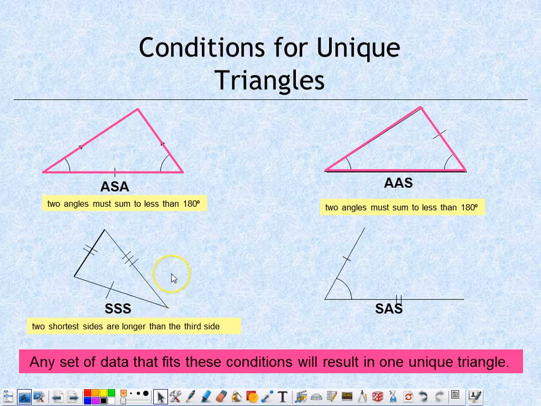Now it is a theorem, or a fact, that the two shortest sides, if you add them together, have to be longer than the third side. So these two added together have to be greater than the hypotenuse. Okay, and then side, angle, side. If I give you that, all you have to do is connect the third one. So any of these create unique triangles, but